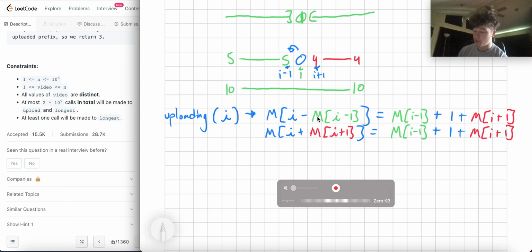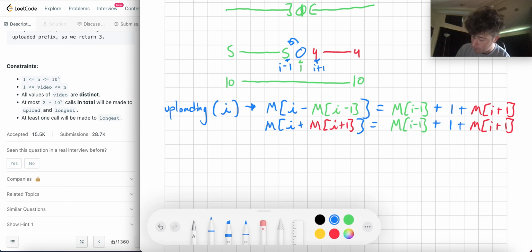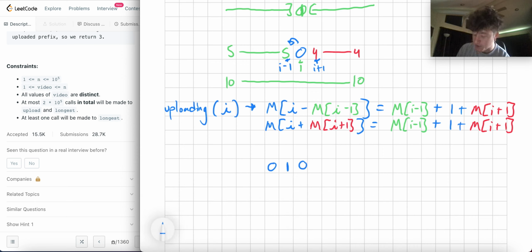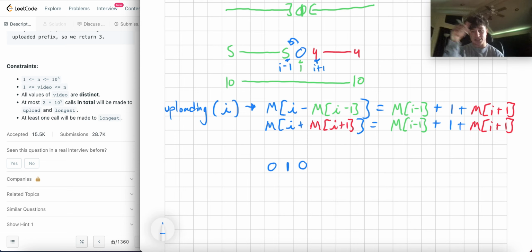And you'll notice that'll work with anything, right? This equation will even work if you have like one, right? What if you have zeros on both sides and then you add something here? Well, this would just be I minus 0, so it would still be I, equals I minus 1, which is 0, plus 1, which is itself, plus I plus 1, which is 0. So this would be 1, and then you'll do it again, and it'll set it to 1 again. So it's not going to mess with anything if you do it like this, right? Even if you add something that's just a 1.